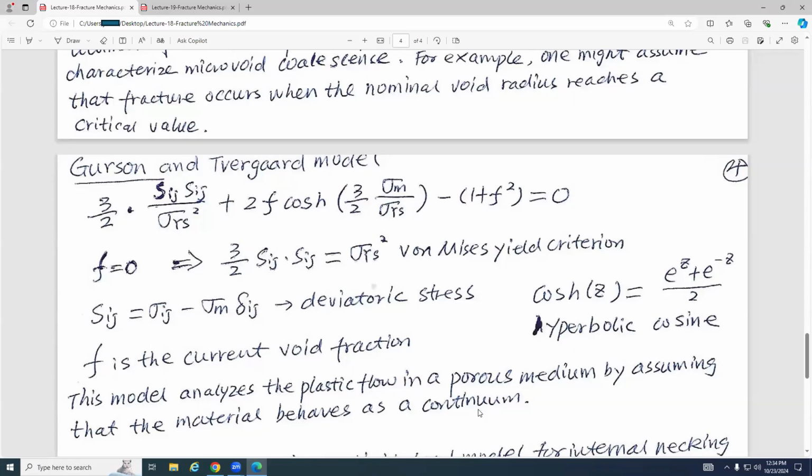And how do we see if this equation is satisfied or not? If we have a loading condition, you can calculate the deviatoric stress, and then you plug in. You have the yield strength for this material, and you can just plug in to see if the left hand side equals 0 or not. If it equals 0, that means